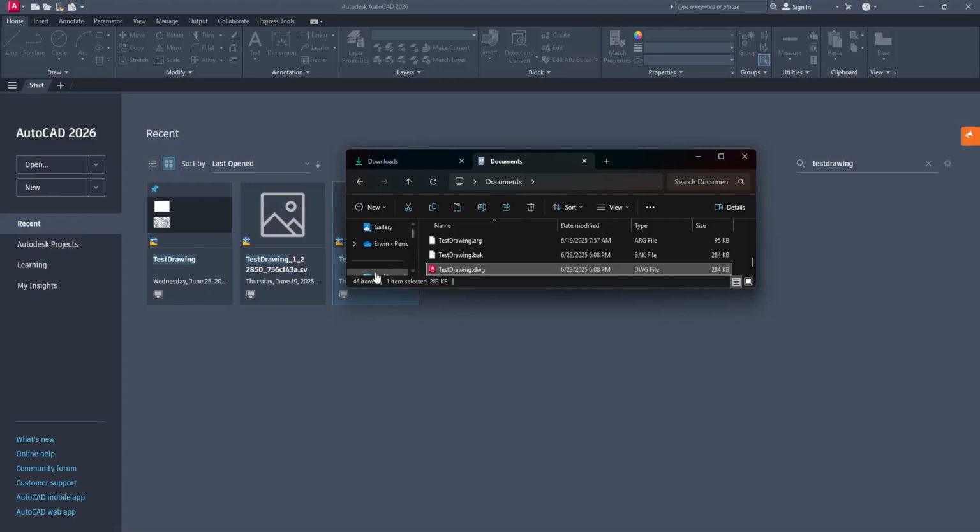A quick tip: to avoid losing work in the future, make sure AutoCAD's autosave feature stays enabled. You can also shorten the autosave interval